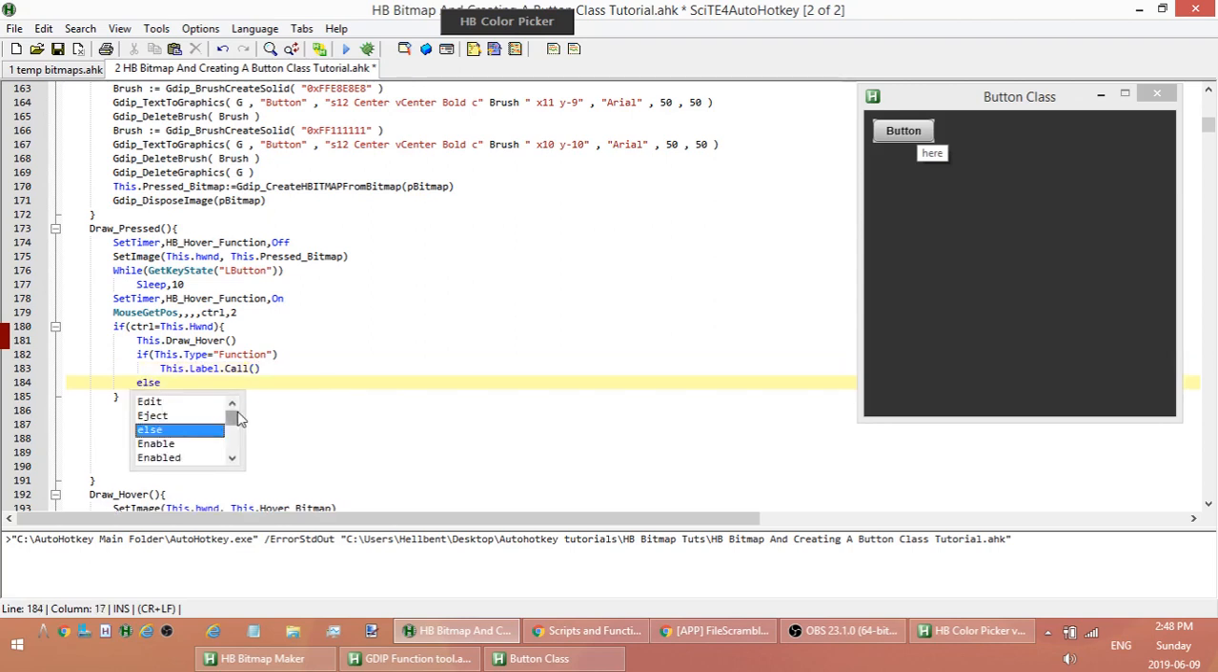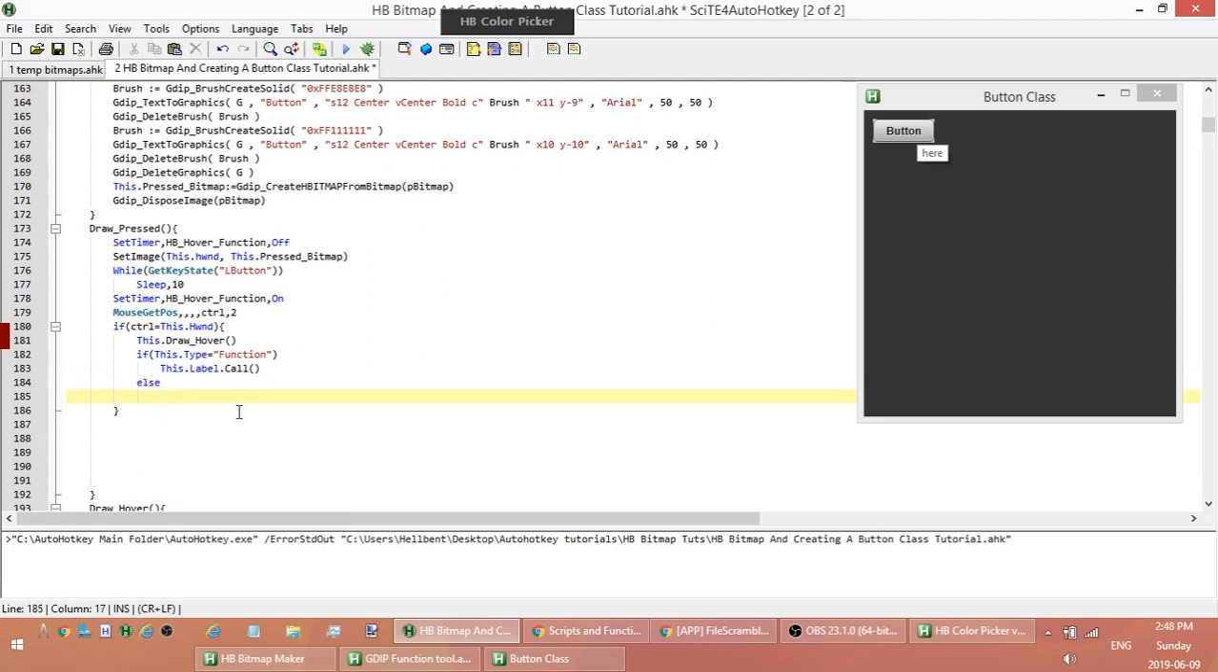Else, I don't need to check if it's a function or not, because that's the only option left. No, that's not right, because I'm not checking. That's right. Okay. Else if